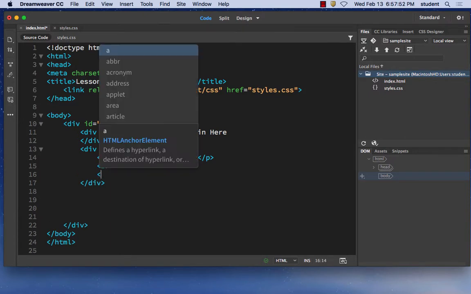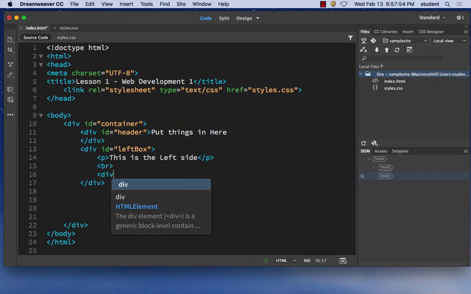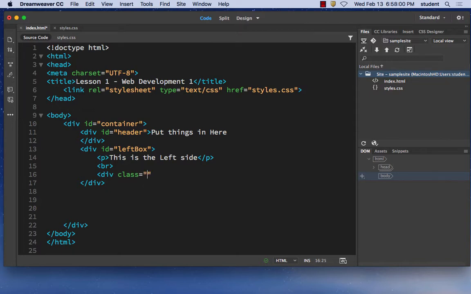Then there's a div there too, and that's a class. The class is the same as the ID. The difference is that the class can have an inheritance and the ID does not. Kind of like in Xcode we were talking about, the difference between the struct and the